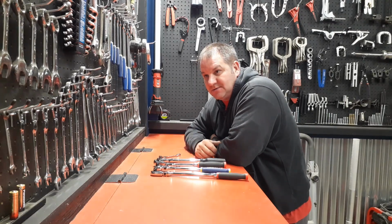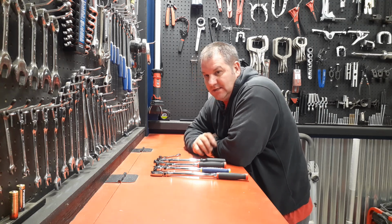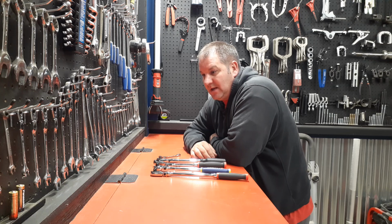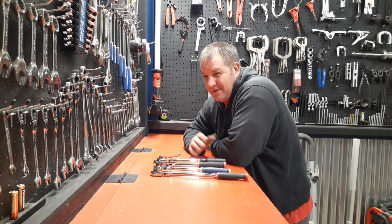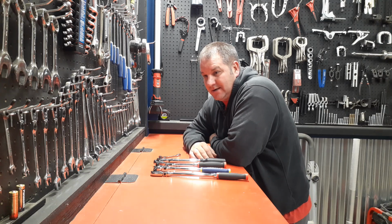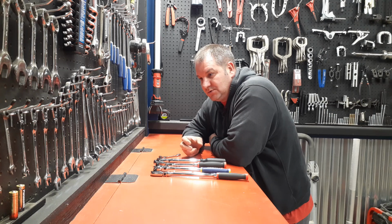The Stanley Craftsman ones are not too bad. I mean, I like what Stanley did with Craftsman. They kept it alive. I'm glad they did. But they kept it alive, but their ratchets are all right. I'm not going to complain about them because really there ain't nothing to complain about. It's just that that's their brand, their style. And I know you can't take their tools. Their tools are made different from Sears's